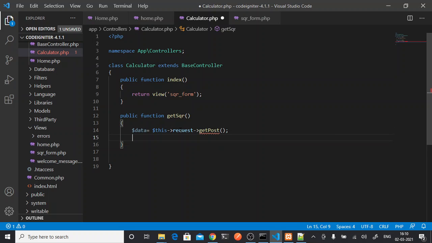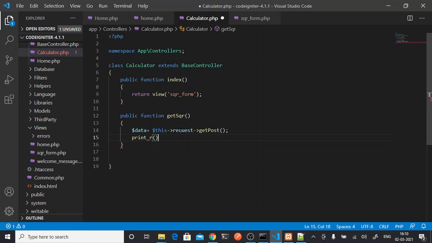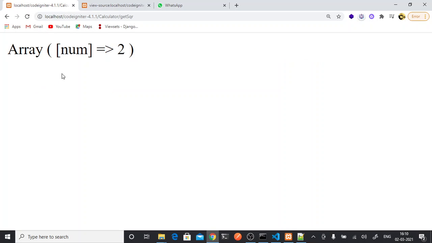This is the function, and let's print what we are getting in the request. So see, in an array form I am getting my input in num.